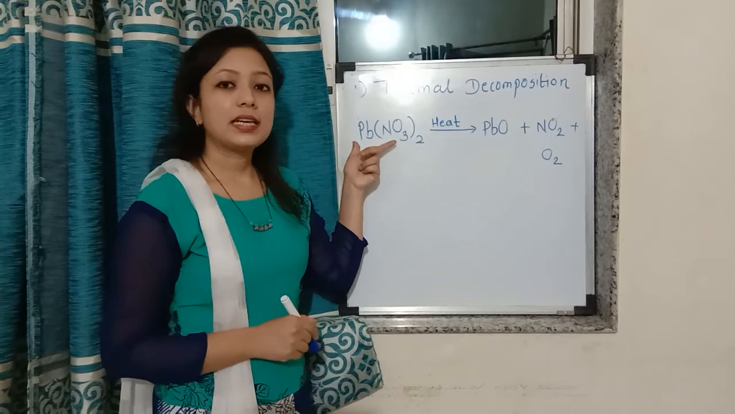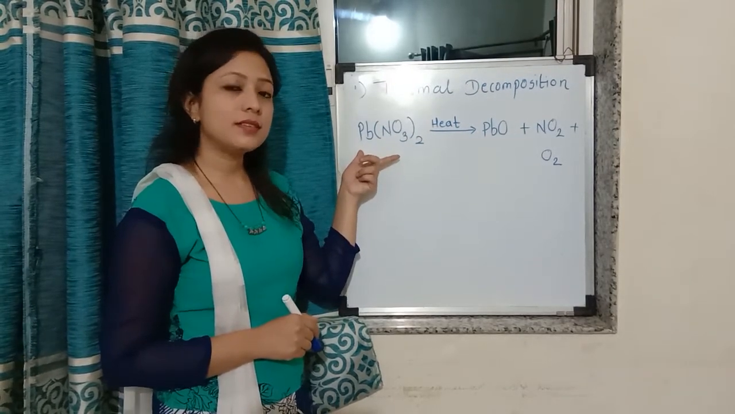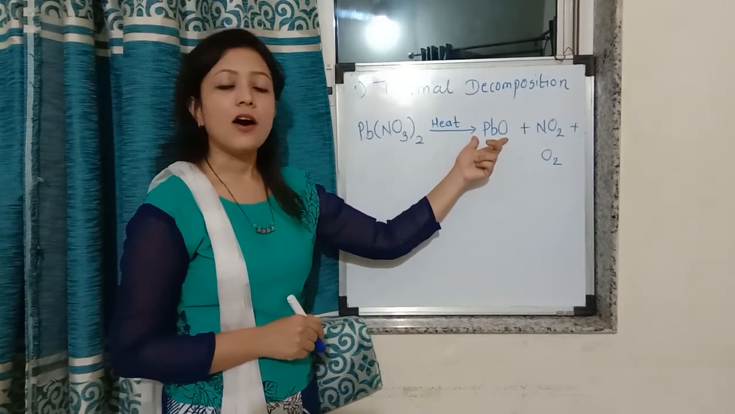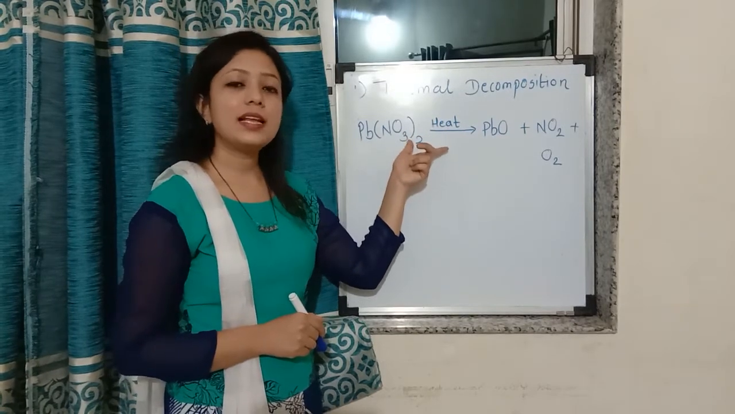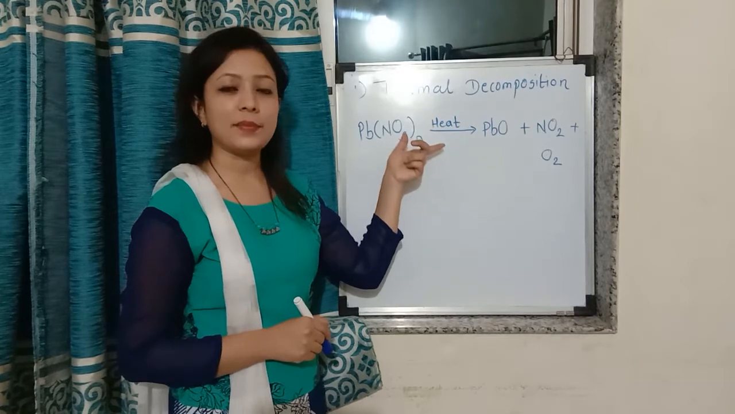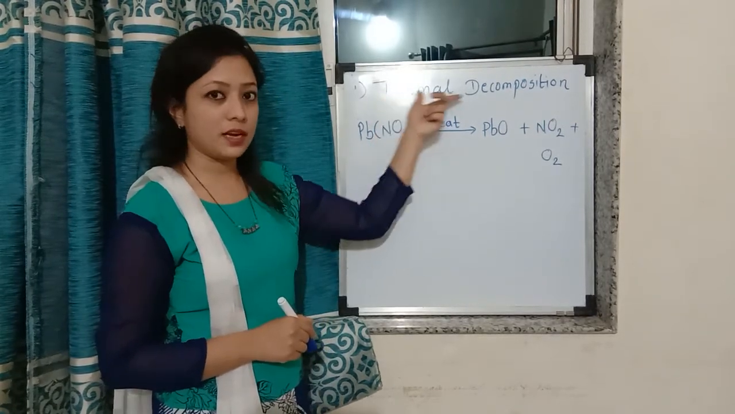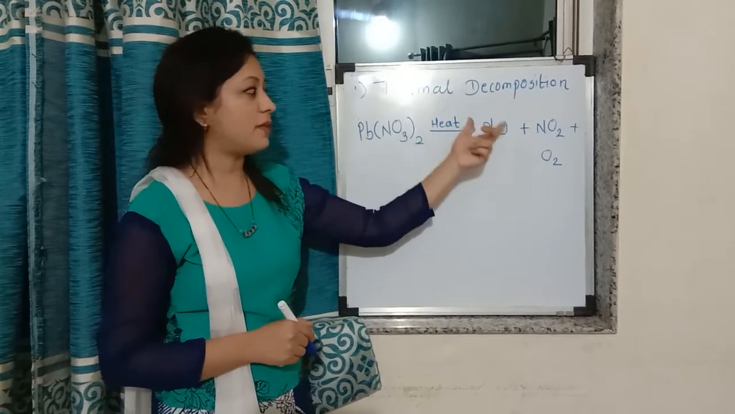That is, the color of the lead nitrate changes from white crystal to the product, that is lead oxide, whose color is orange reddish. So you can also write the same example as an example of a color change. By this we can come to know that a chemical reaction has taken place. So in this type of thermal decomposition, in the presence of heat, the lead nitrate decomposes to form lead oxide,